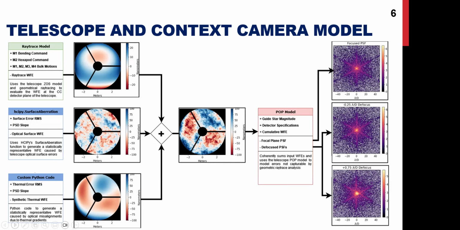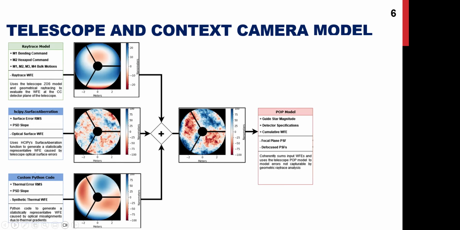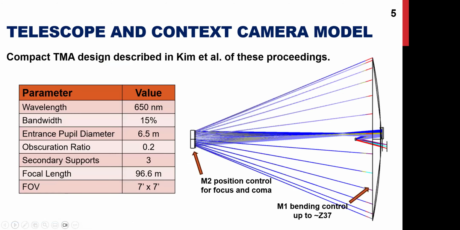However, we have this so-called compact TMA design where we're trying to shove everything axially as close together as possible. And to do that, we have to miss this little M4. And to get around that, what Daewoo did is he introduced a small field bias